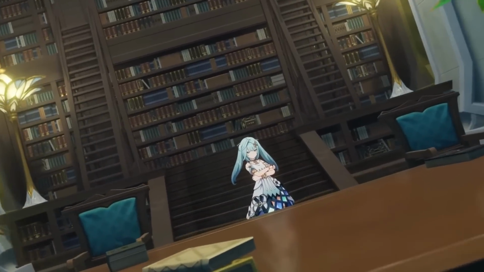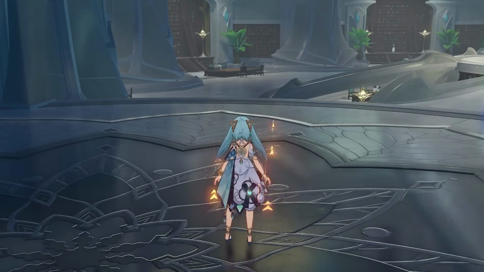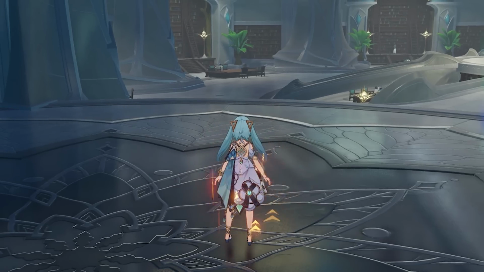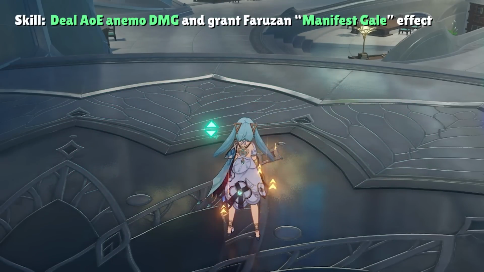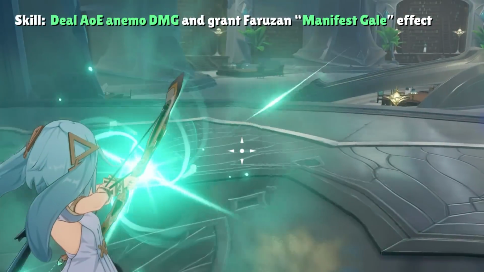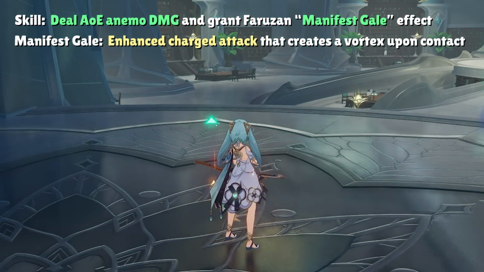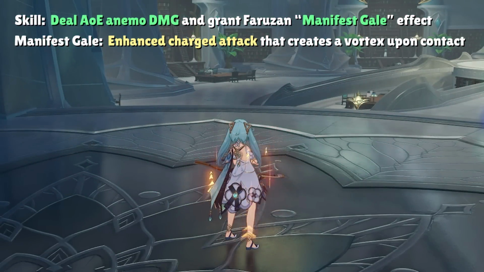Faruzan is a simple character at a base level, but once you start to get into maximizing her potential, there's a lot more than meets the eye. Starting off with her elemental skill, use it to deal Anemo damage in a small AoE and grant Faruzan the Manifest Gale effect. Manifest Gale is the game's fancy way of saying that Faruzan gets a powered up charge attack. Her enhanced charge attack will deal AoE Anemo damage and then create a small vortex that pulls